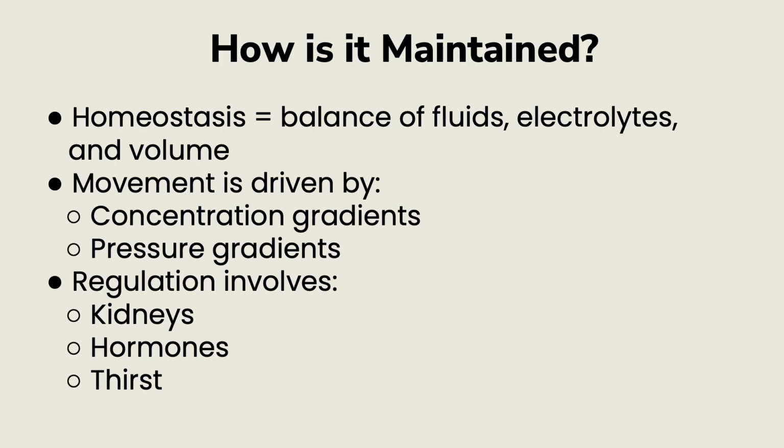Several systems help to regulate this process. The kidneys are the primary regulators, right, of this process because they adjust urine output and electrolyte excretion. Hormones such as ADH, antidiuretic hormone, and aldosterone also help conserve or remove water and sodium when needed. The thirst mechanism helps the body maintain balance by encouraging fluid intake. When the body senses dehydration and increased osmolality, you're going to start feeling thirsty, and this basically helps you survive.